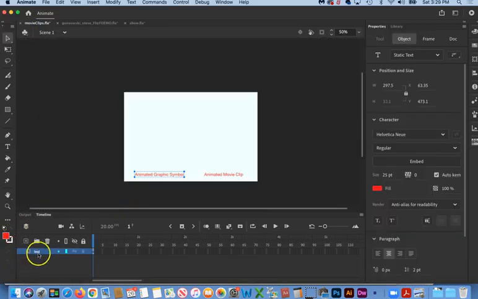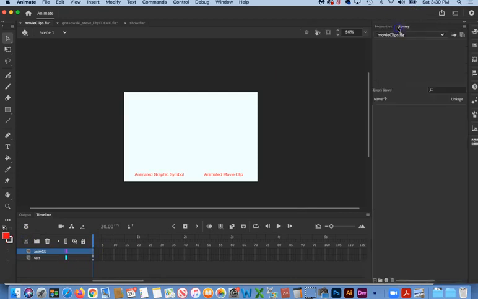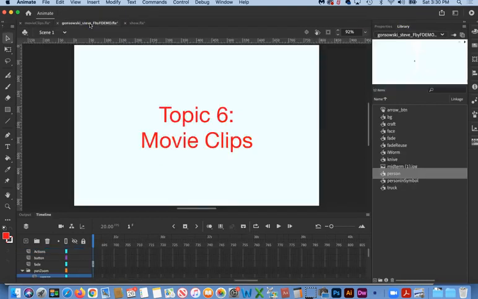Okay, so I made a new layer in here called text, brought the text in from the project sheet or the project page, and let's go ahead and make a layer for our graphic symbol, and then let's bring an instance of that out. And we may as well use what we already have, which is our person. Oh, but we've got to get a copy of that, or we could create a brand new one, but what the heck, let's just go to our working document, grab that person, make a copy,